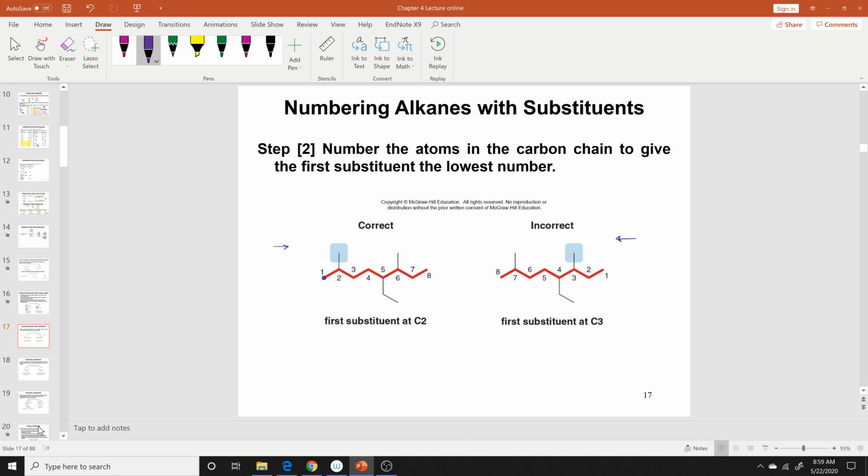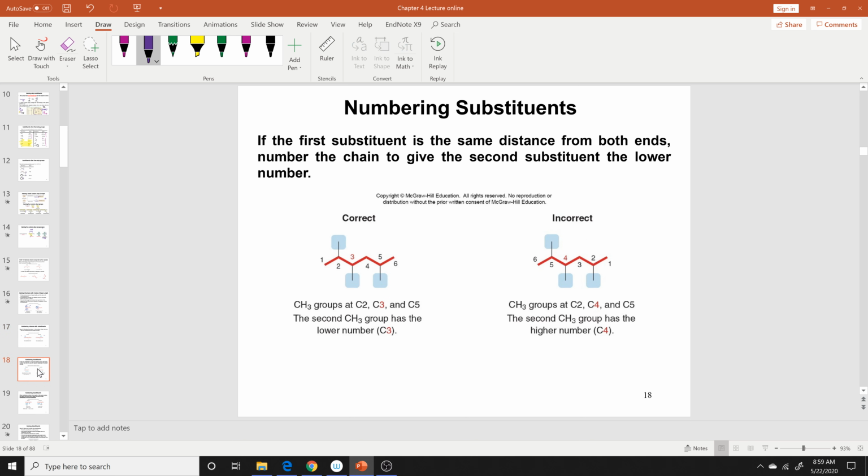The reason why, because the CH3 is closer to carbon number 1, it's on carbon number 2. This is going to be my first substituent. Here my first substituent is on carbon number 3. So always give your first substituent the lowest number. If you have 2 substituents, or if the first substituent is at the same distance from both ends, see this